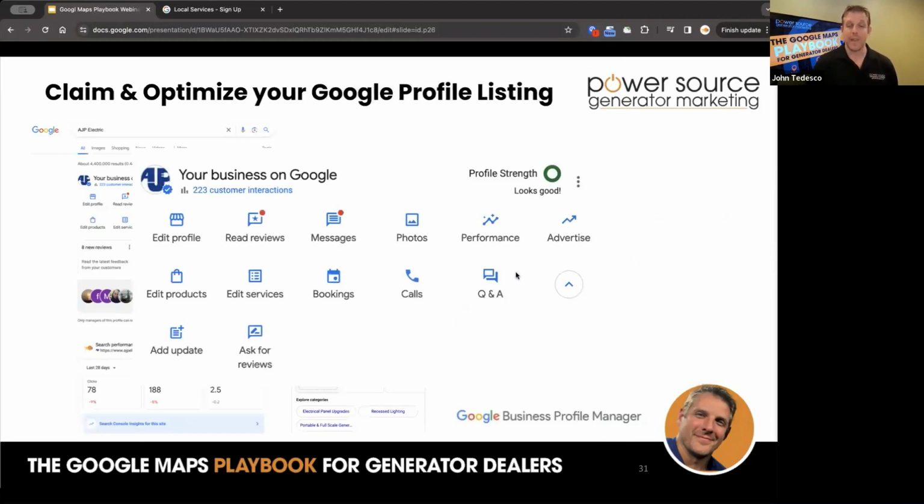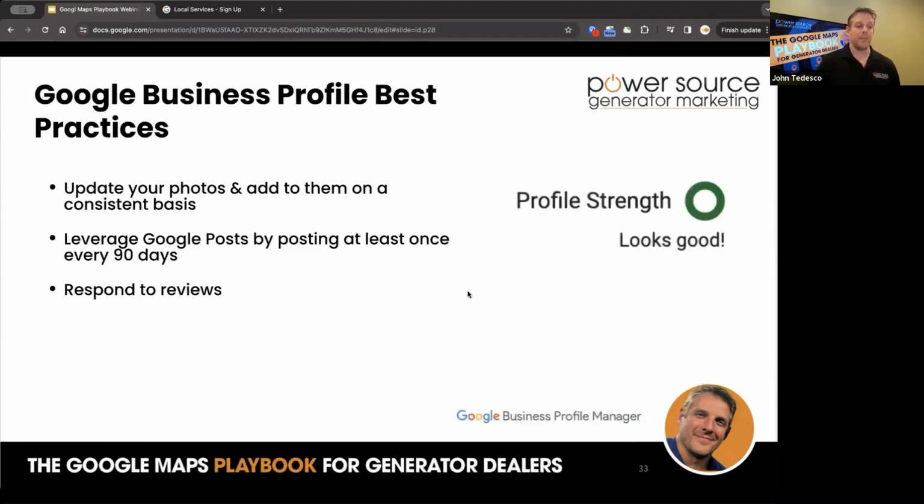There's a Q&A on that menu, and that would pop up if people are asking specific questions. You can actually seed those questions yourself. You can go in there, type the question, type the answer, type the question, type the answer. Any kind of FAQs that you get on a regular basis, like what does a generator cost? You kind of have to send them to your website for that answer, or give them some kind of general range or idea that, okay, well, we need to understand what size generator you need. We have to come out and see your location to understand what size generator you need. We have to see your location to see where your electric is, where your gas line is. There's a lot of factors coming into that. So you can put all of that in there in the answer when people are asking